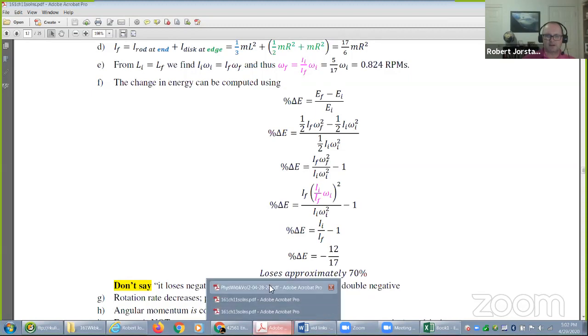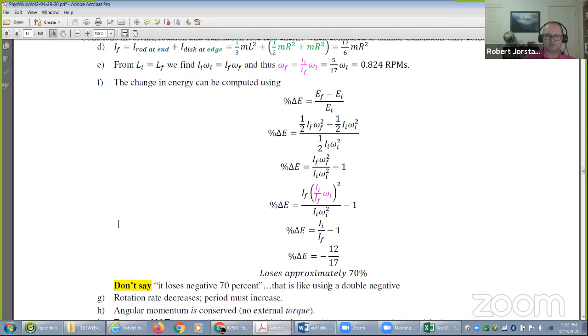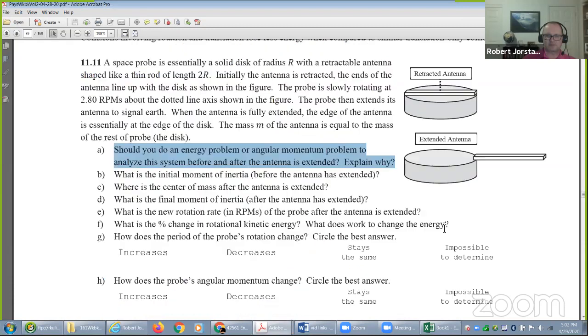So percent change in energy, all right? That's what we just figured out. And what is doing work? The battery or the nuclear power source that is inside of here that's causing this rod to move outwards. If you think about it,